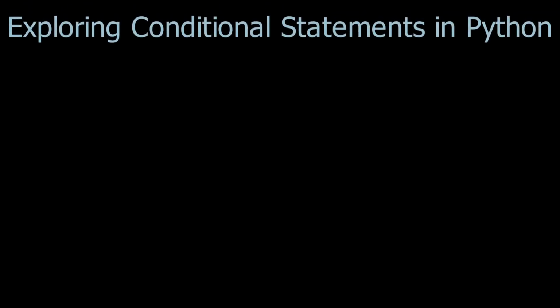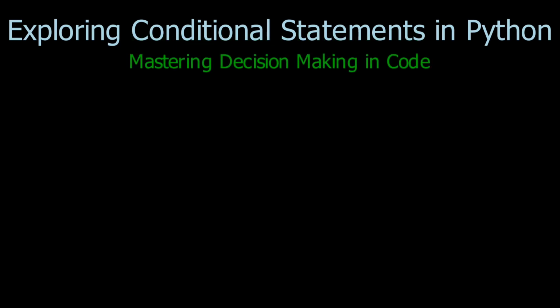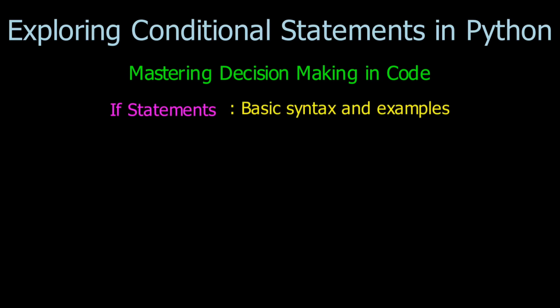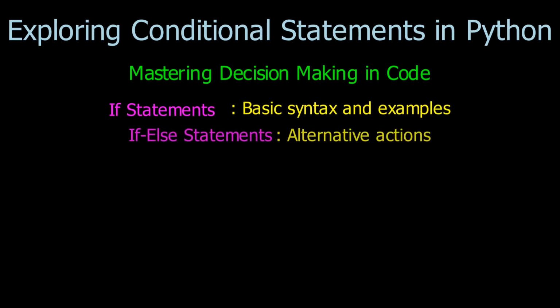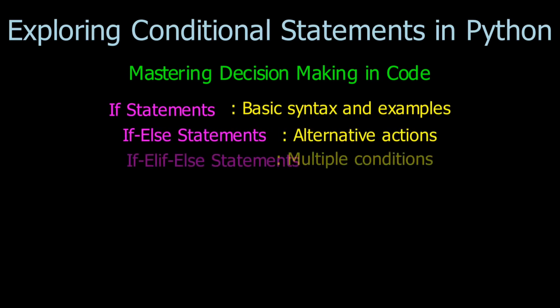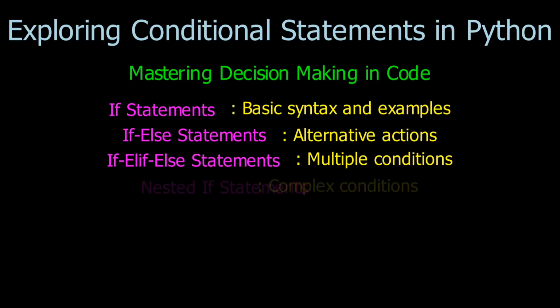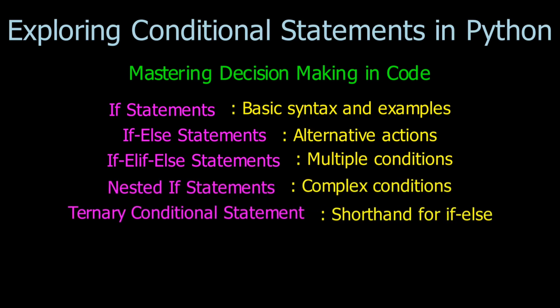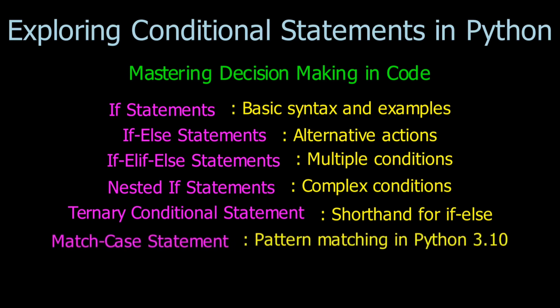In this section, we will be exploring how Python helps to make decisions in our code. We will dive into the essential skill of using conditional statements in Python. We will cover everything from the basic if statement to more advanced concepts. The simple if statement for fundamental decision points, if-else statement when you have alternative actions, if-elif-else chain for handling multiple